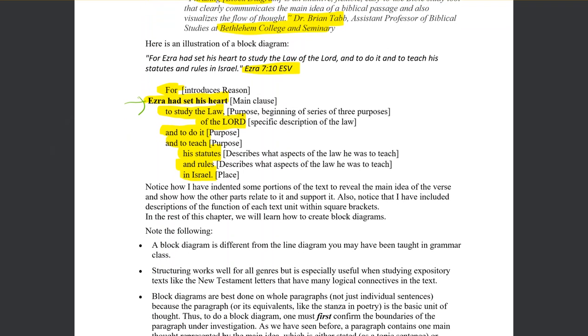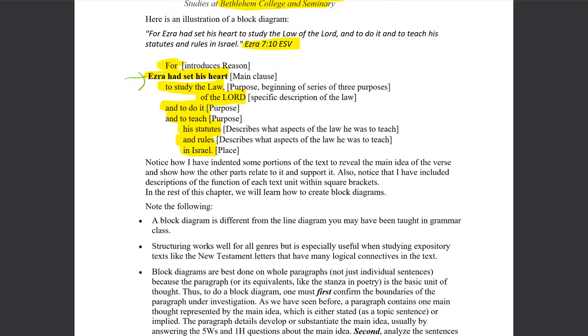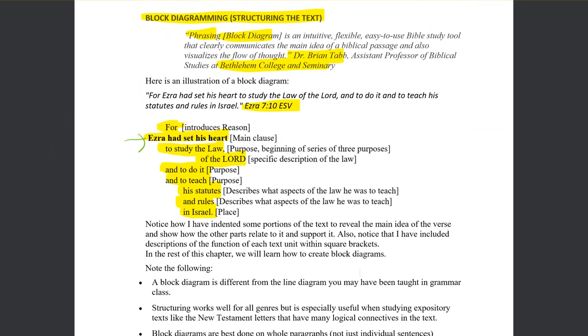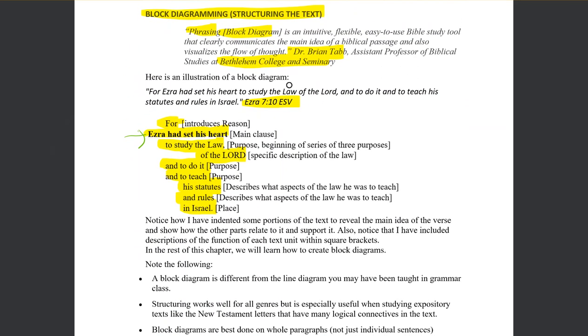Now, I'm going to go on and give you some instructions and tips on how to actually structure a text. I have illustrated here what I have done with a small passage, but ideally, you structure a text at the level of a paragraph and see how the paragraph, which is a unit of thought, is played out. In fact, you can structure an entire book of the Bible using block diagramming. I have done that for the book of Ephesians recently with my wife and kids, sitting together and just studying the Bible and seeing what each phrase is doing.